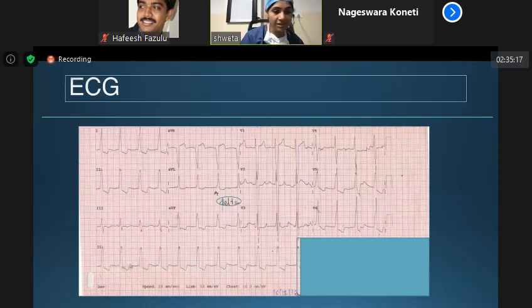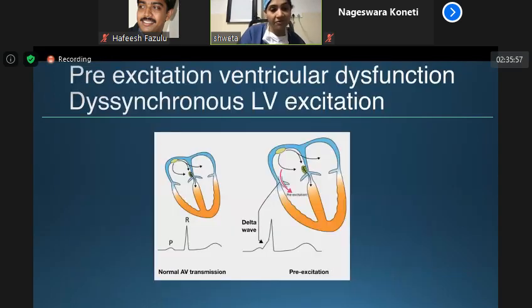Yes, so there is a WPW syndrome in this patient, with conduction happening through the accessory pathway. And then I have just marked all the delta waves here. So what I want to emphasize is we all know that WPW syndrome is known to cause re-entrant tachycardia. And during tachycardia, it is possible to see ventricular dysfunction. But this echo I have kept to explain to you that even without the tachycardia episodes, they can have this ventricular dysfunction. And the reason is the dyssynchrony that happens because of the accessory pathway.